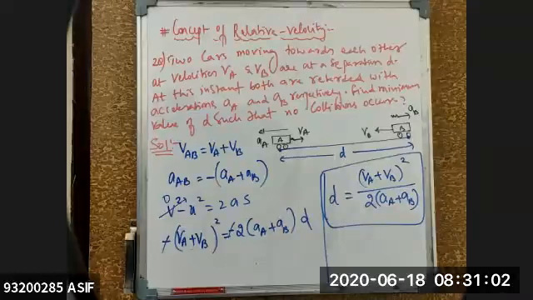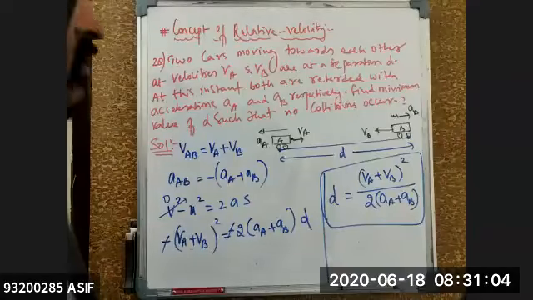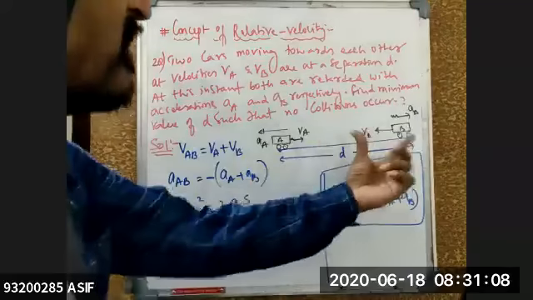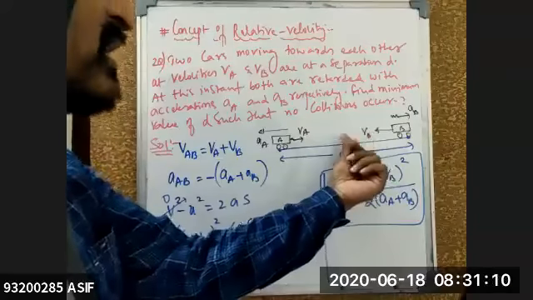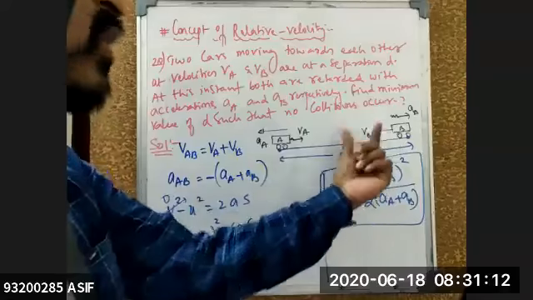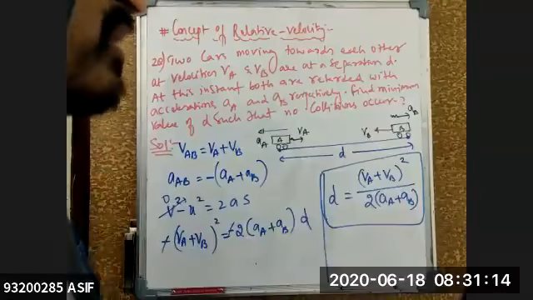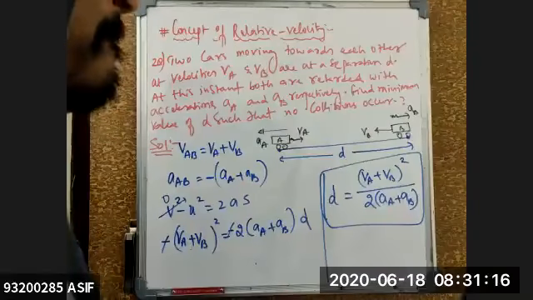Clear for everyone? Yes, sir. Any doubt in this question? No, sir. Clear? Why V equals 0, sir? V square. So obviously, because when they are trying to move in the same direction, there will be a point. If there is no collision, means the final velocity should be equal to how much? 0, no? Yes, sir. Isn't it?